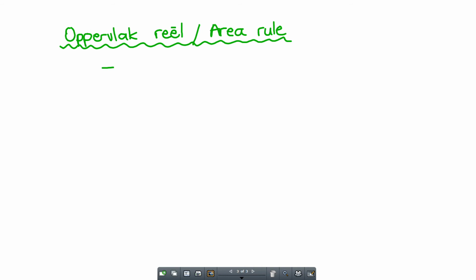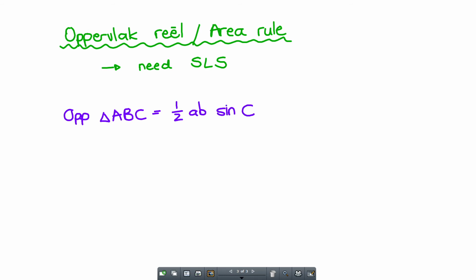So again, we need side, angle, side. Okay, so die oppervlak van driehoek ABC sal wees die helfte van AB sin C, of jy kan sê die helfte van AC sin B, or half of BC